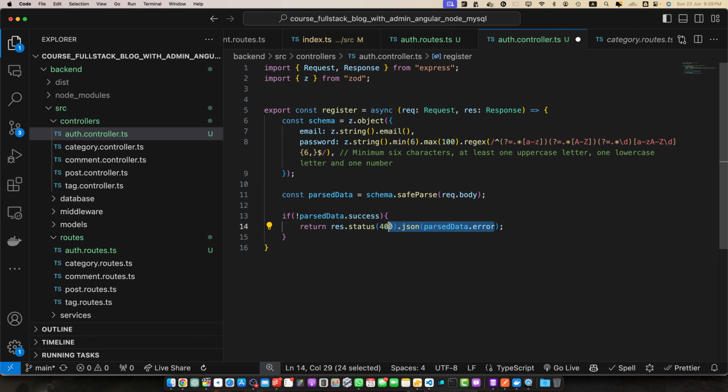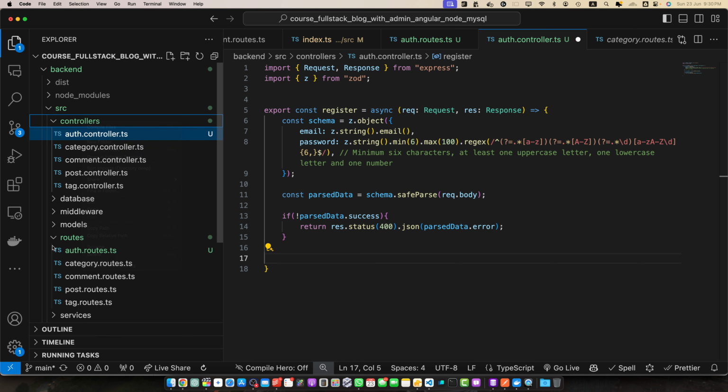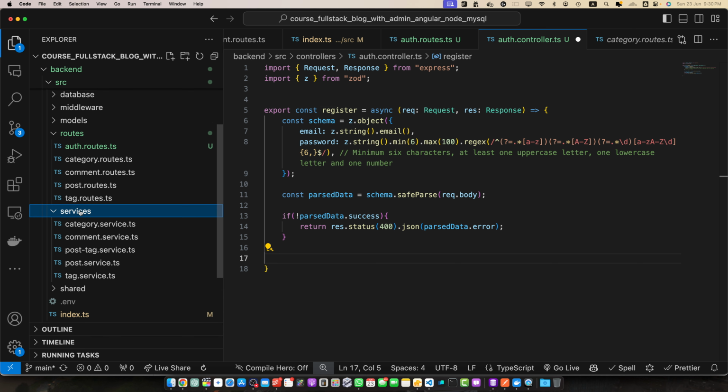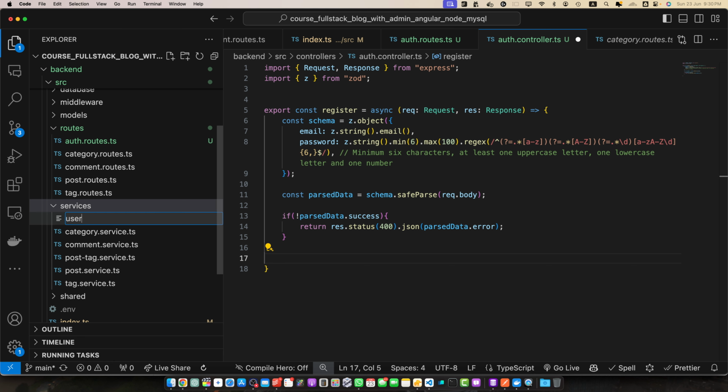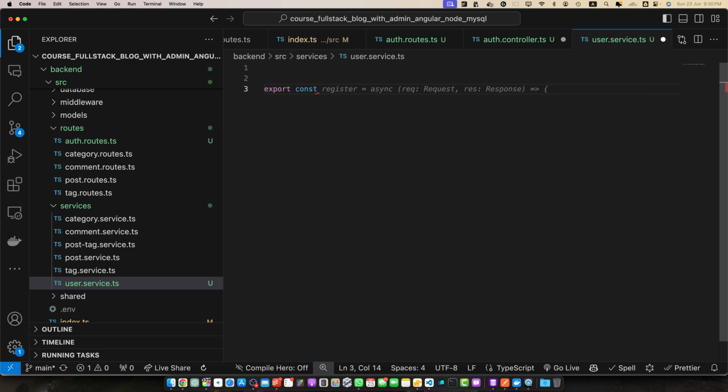Now if everything is correct, then we can proceed to register that user. So the very first thing is that we have to double check if this email is unique or not. So for example, if an email is already registered and you are trying to register another account with the same email, then we should stop it by returning an error message. So for that, we have to create a service function with the name getUserByEmail. But so far we don't have any user service. So let's create that. Go to the services folder, and here I will generate a file user.service.ts,